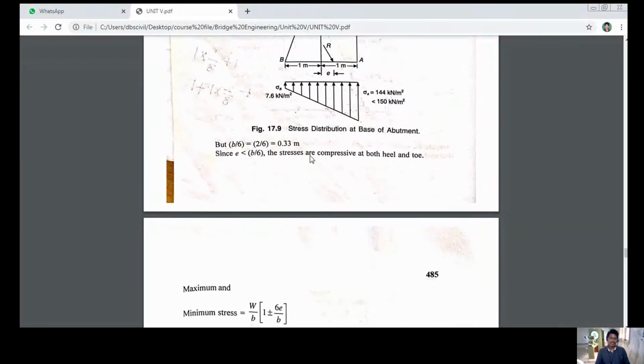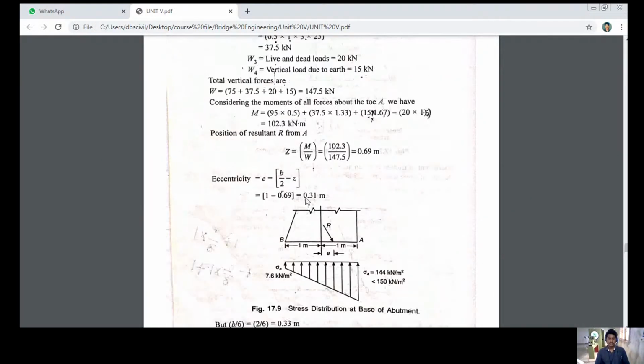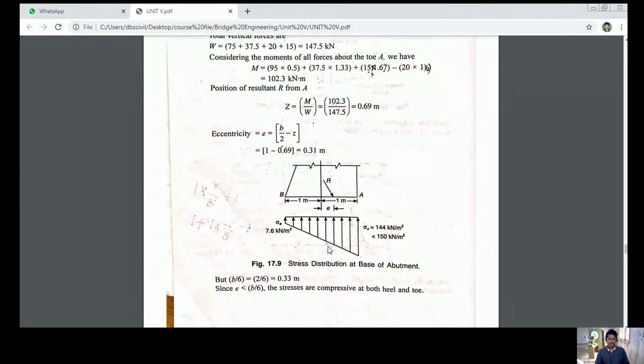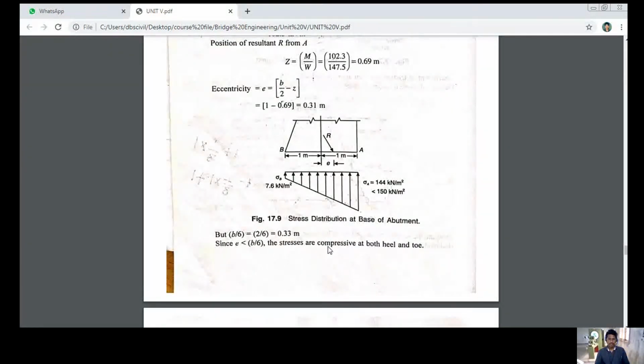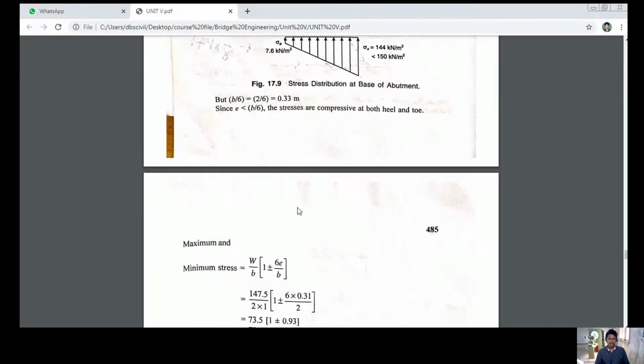They have given a diagram for that, and here we got an e value of 0.31, from the center point towards A. They have marked the 0.31 as the eccentricity. Okay. But B by 6 is equal to 2 by 6, that